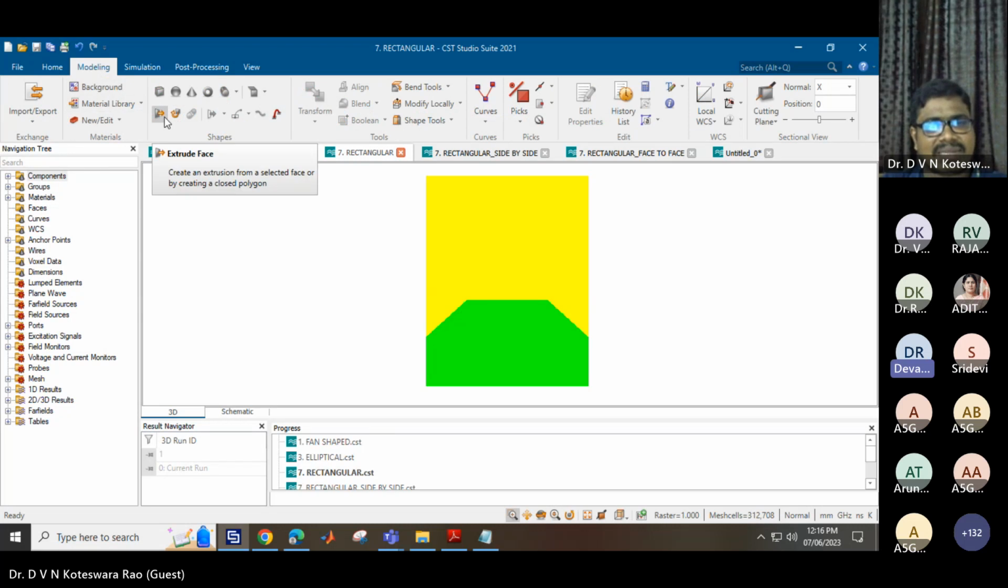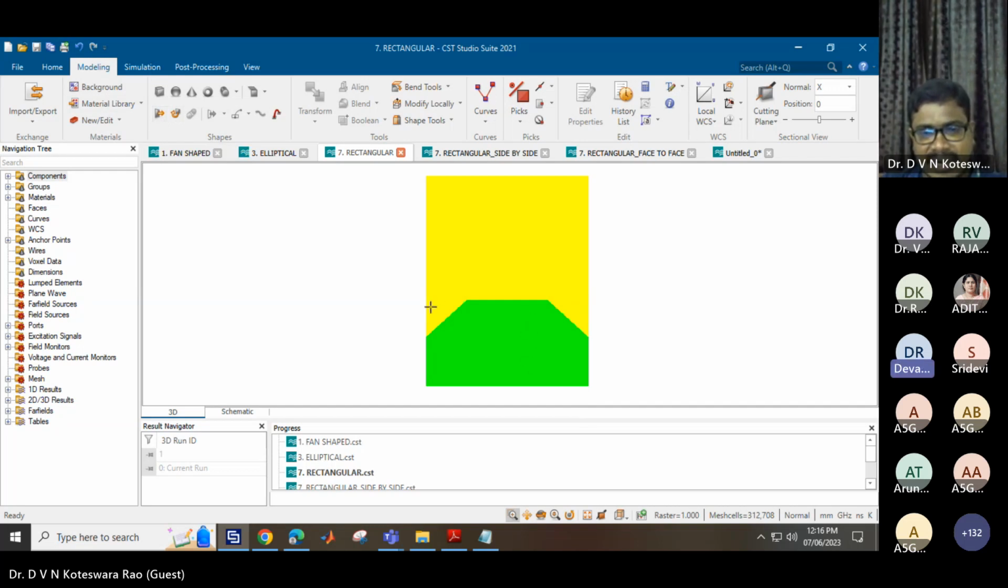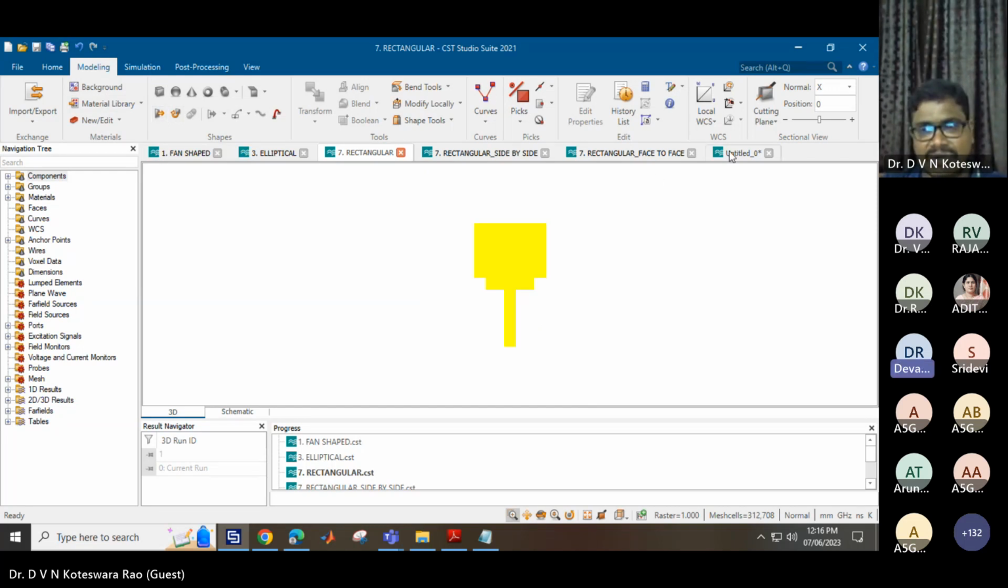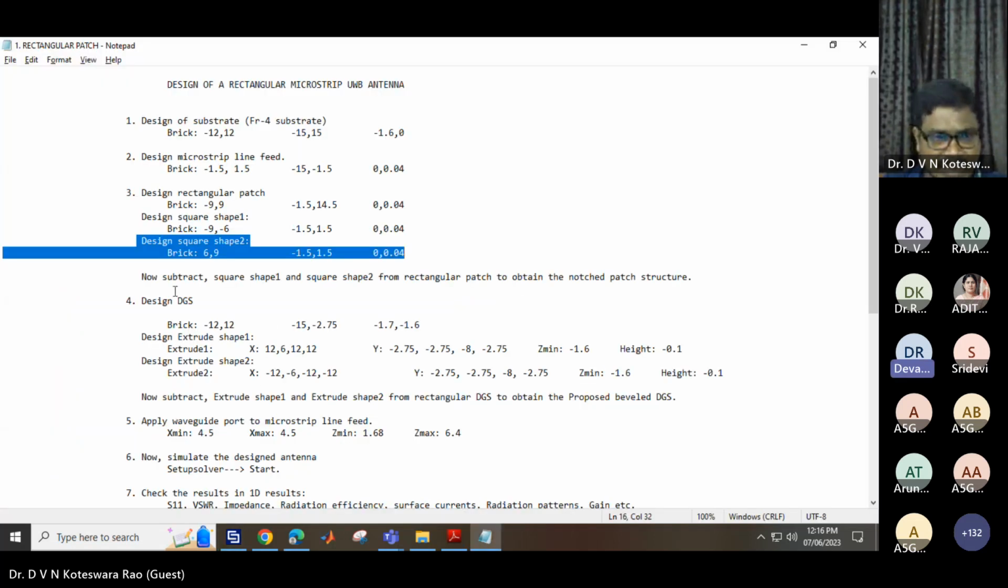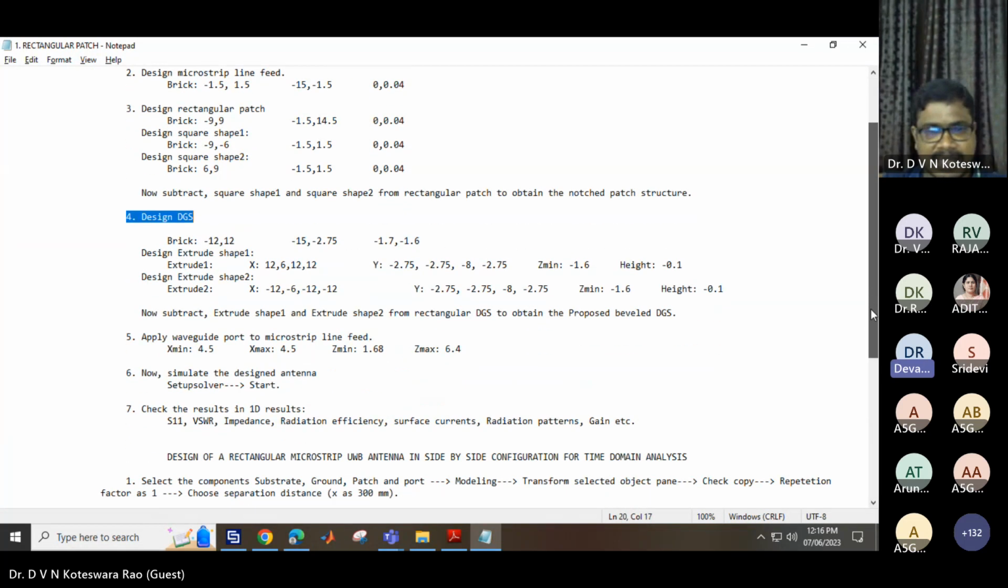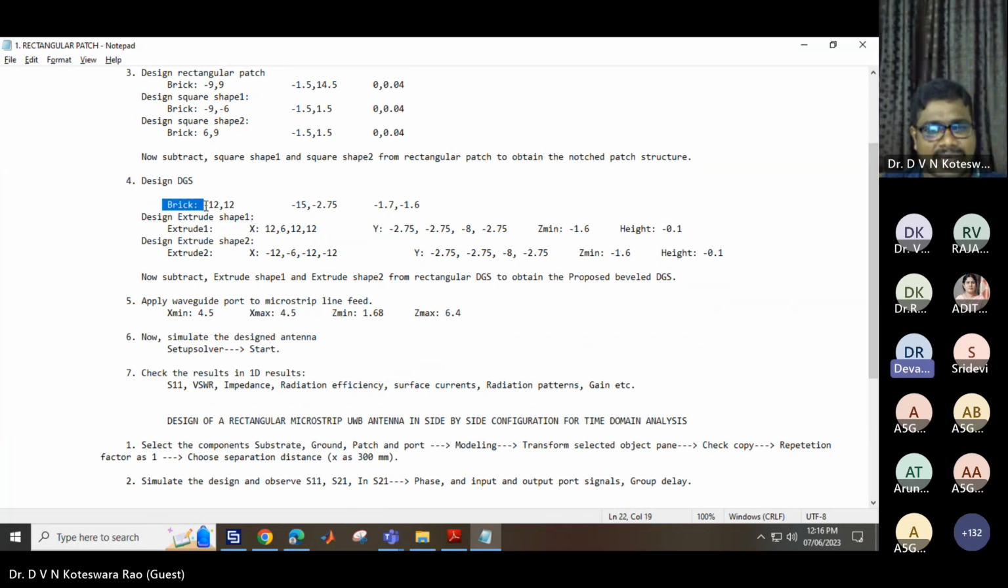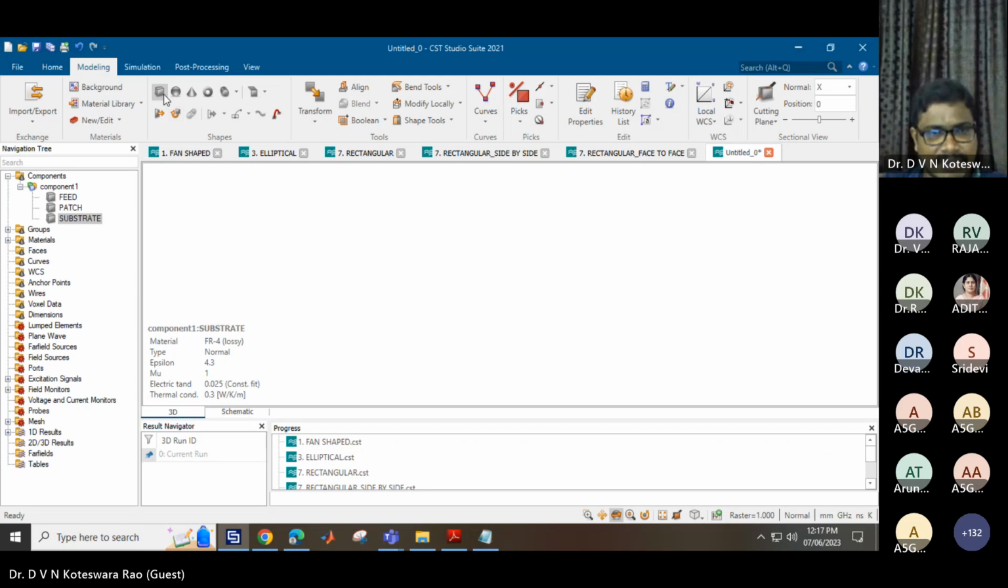with the help of an operation which is extrude. So how we can perform the extrude operation on this rectangular defected ground structure, I would like to show you right now. So go back. So my aim right now is to design that defected ground structure. For that purpose, you can go back, design DGS. For this, I have to choose once again a brick of dimensions like this. So choose brick,